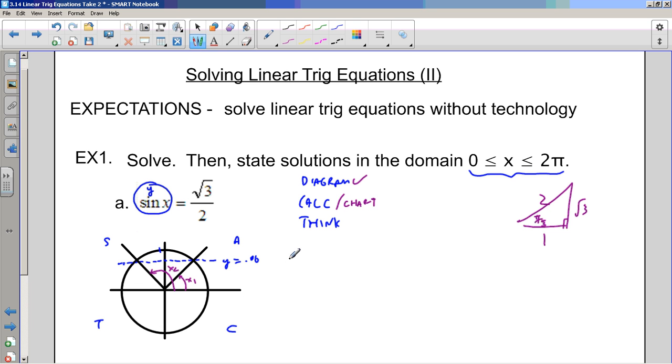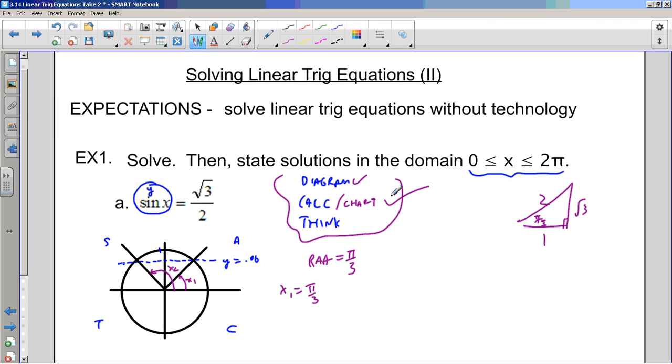Either way, I know that from the chart or from here, my related acute angle is pi over 3, right? And that's kind of this. That would give me, the pi over 3 would give me my first angle. In fact, x1, my first solution, x1 is pi over 3,